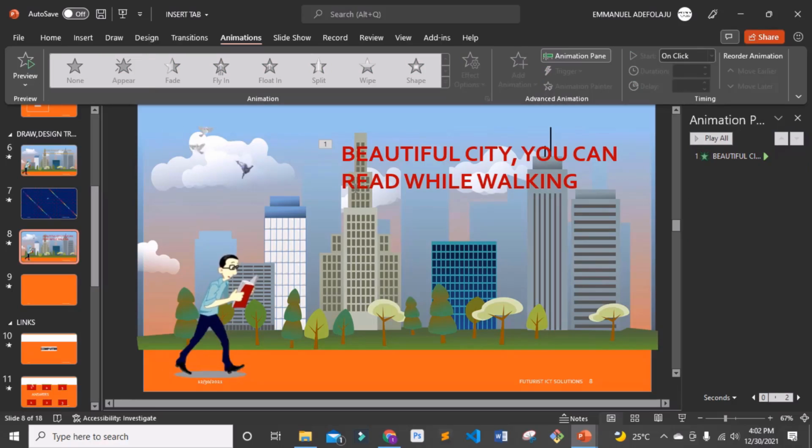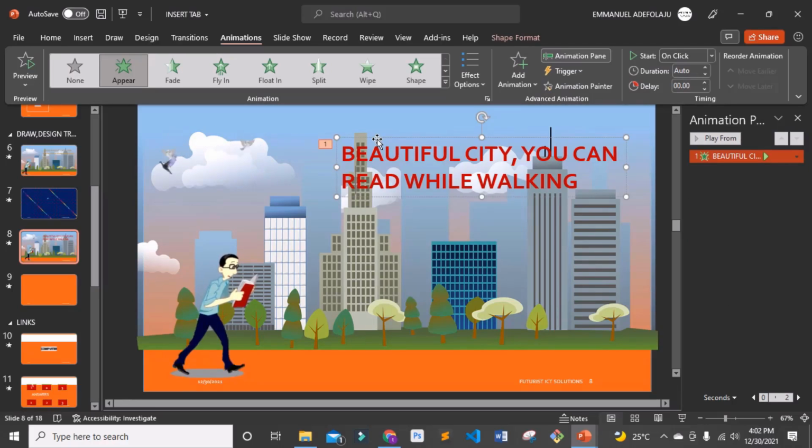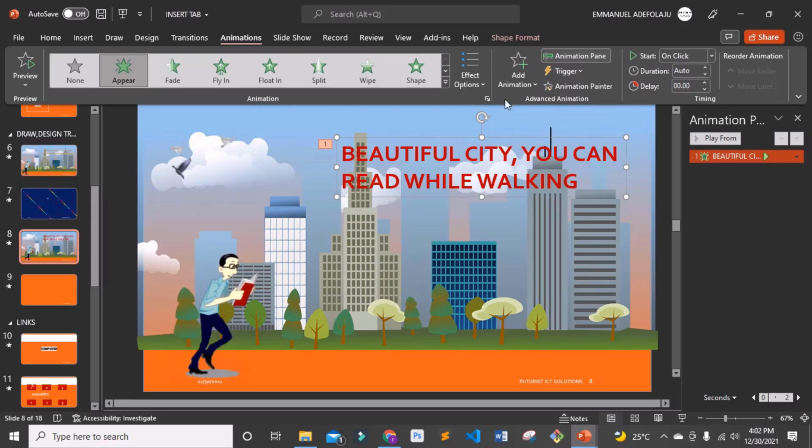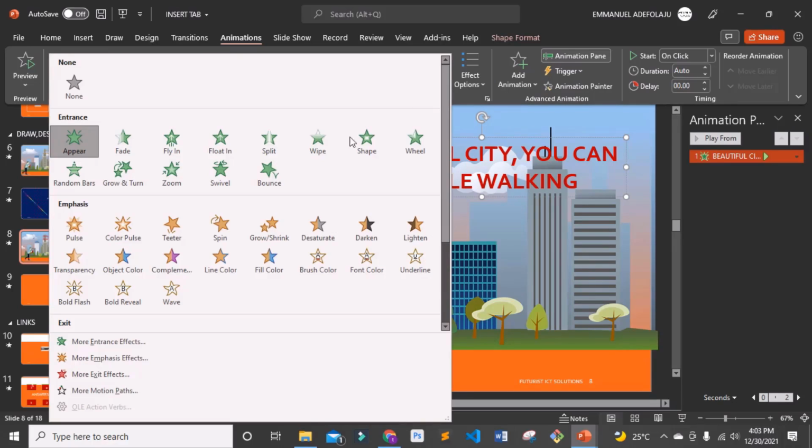So if you want to apply, you can apply more than one animation to an object or to a text. So I've applied my first animation. To apply second, third, fourth, fifth, as many animations as you want to apply, you click on add animation. So you click on the text and you come to add animation. Don't forget we've added the first animation. Look at this animation right here. If you click on this arrow, we have